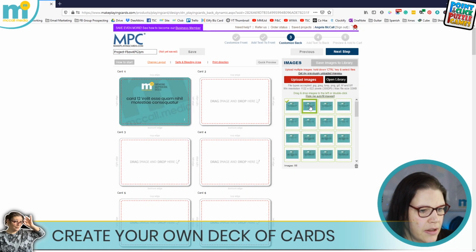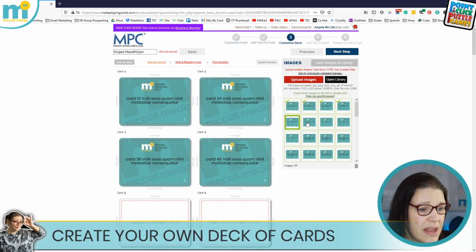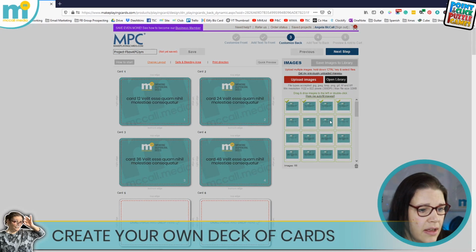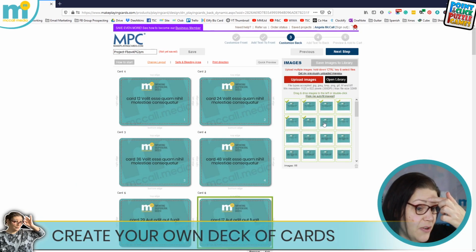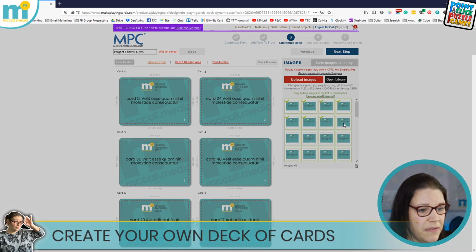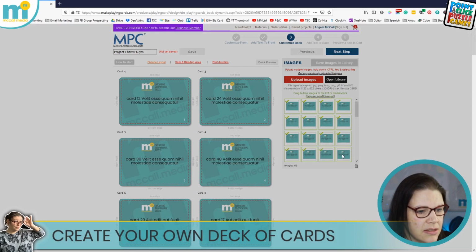So 1, 2, and you literally just do this for every card. And if you do it in order, it will, there we go, I've missed one. See, this is why you've got to be careful. You've just got to make sure that by the time you've finished, every single card that you've uploaded has got a click. And when you've finished that, you can then add your entire project to your shopping cart to finish